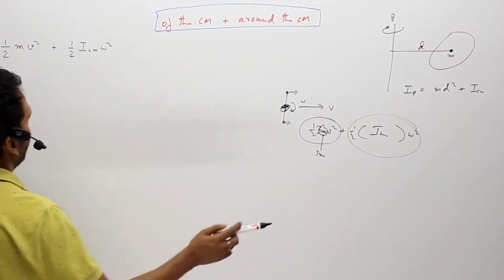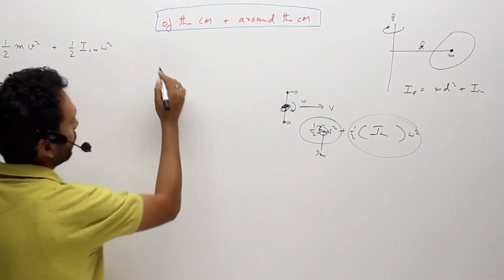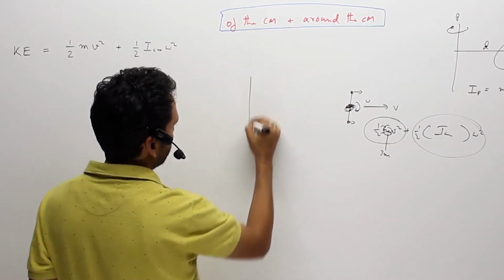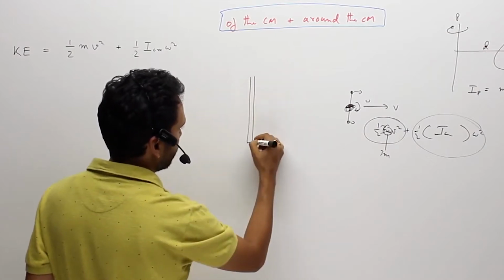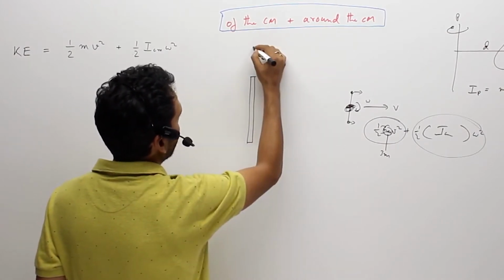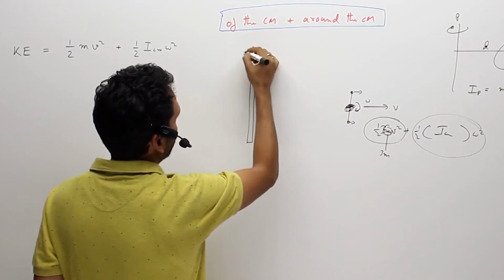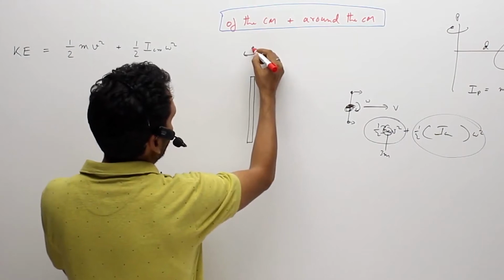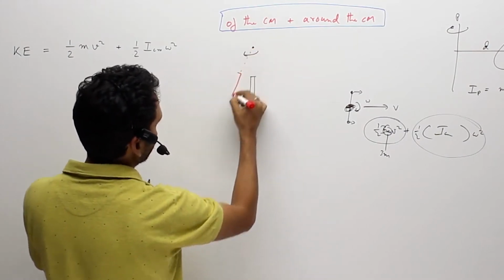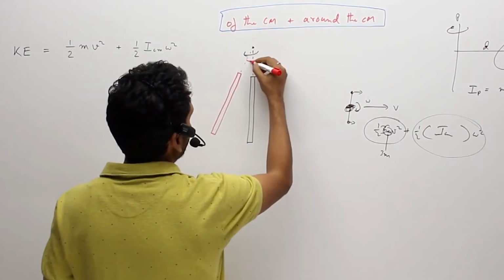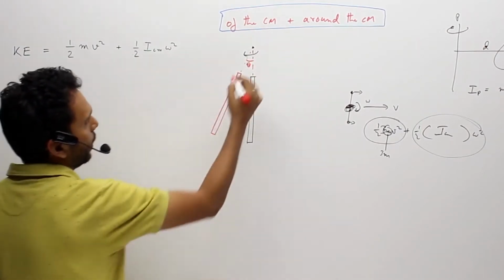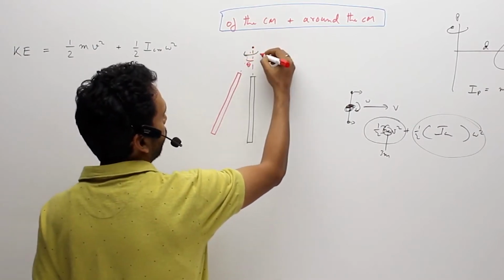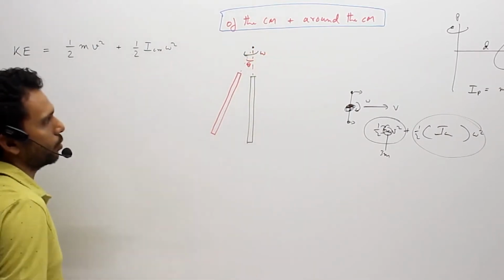Now one may wonder, like if the body was rotating, let me take a long body like a rod, say rotating about this point with omega. Now after rotating, say the body comes over here. So it has rotated by theta amount, and in t time it has rotated by an amount theta. Angular velocity was omega, where omega t is equal to theta.